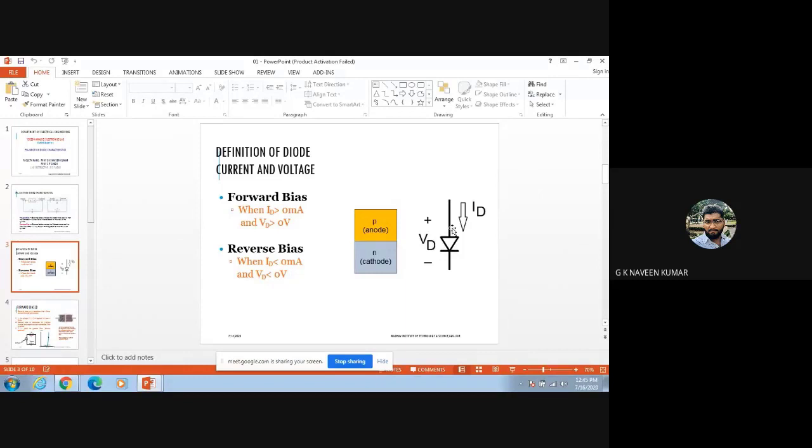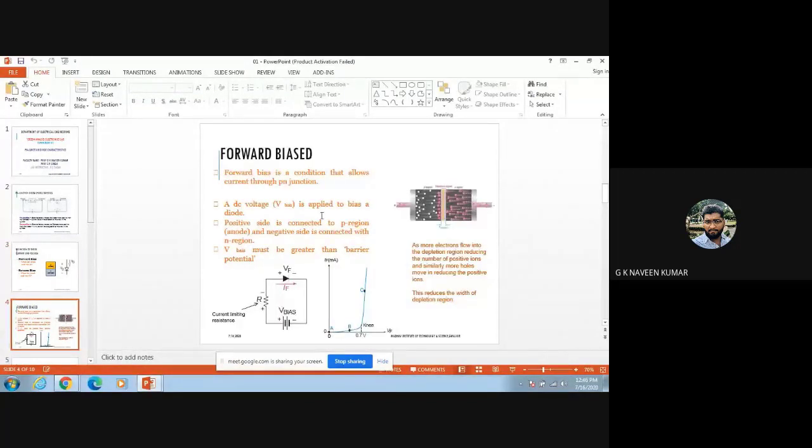Less than 0 volts is nothing but the maximum voltage that will appear. I hope you know, when it is in short circuit condition, voltage will be minimum and the current will be maximum. When it is open circuited, then you will have maximum voltage and almost 0 current. The same thing happens. In forward bias, it is acting like a short circuit with a forward voltage of 0.7 for silicon, 0.3 for germanium. In reverse bias, it is acting like an open circuit with a reverse voltage that is exactly the same as your bias voltage. Whereas the current is almost zero, but practically it will be in microamperes. That is the difference between your forward as well as reverse bias.